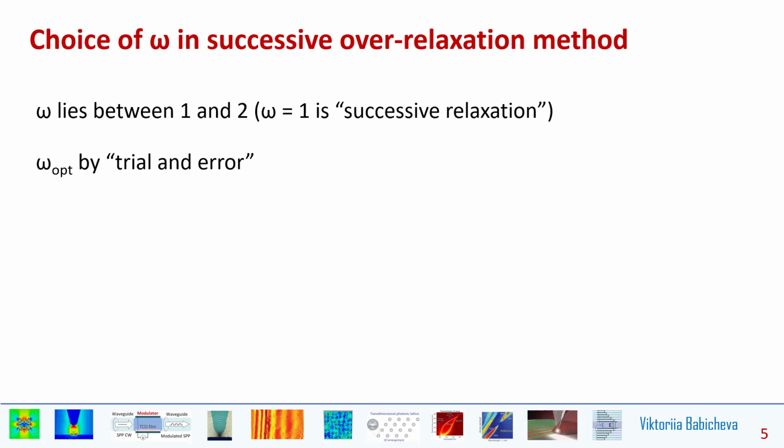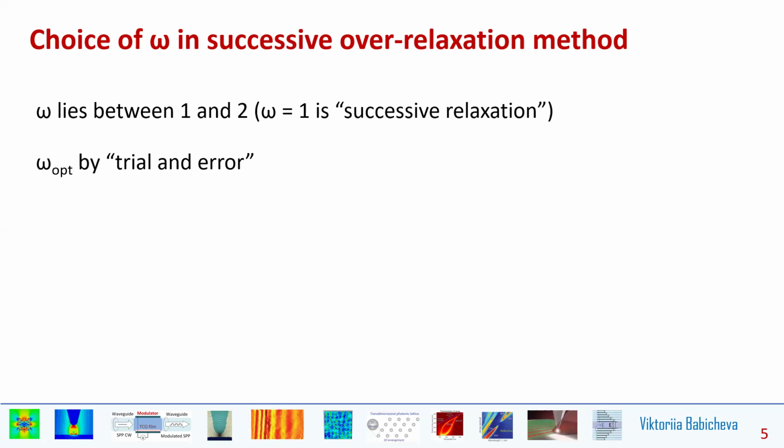So omega larger than 1 improves the convergence, but for stability reasons we need to take omega less than 2, and when omega is just equal to 1,